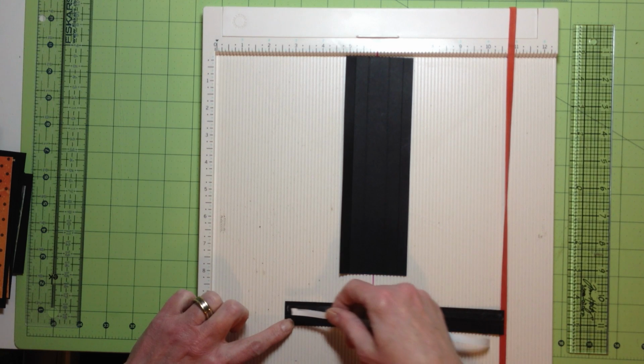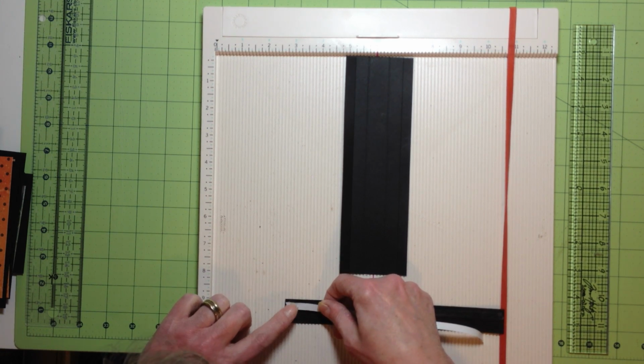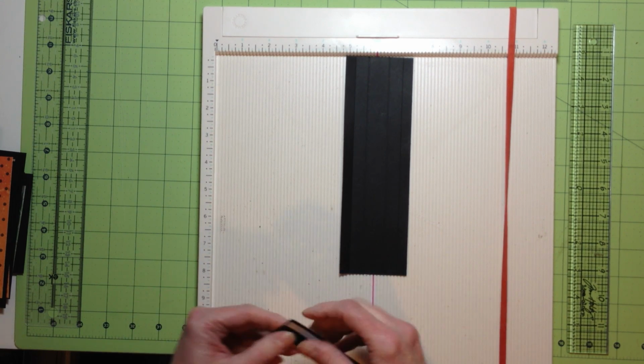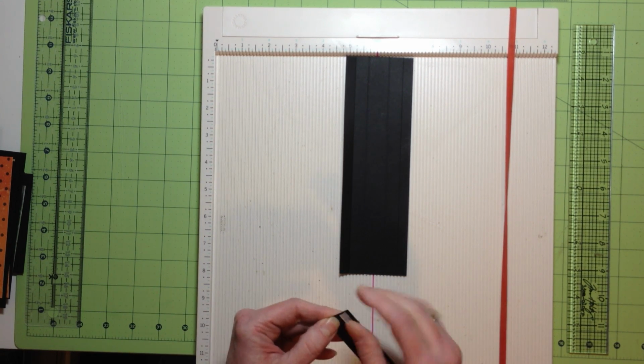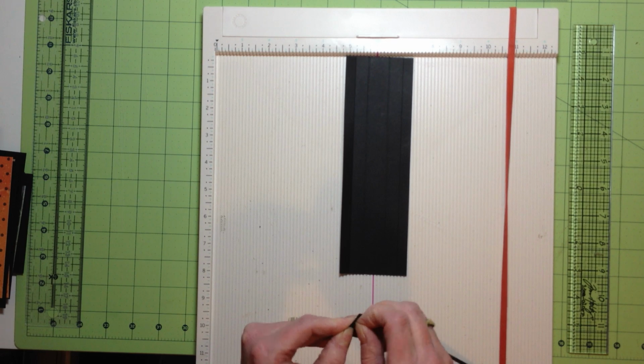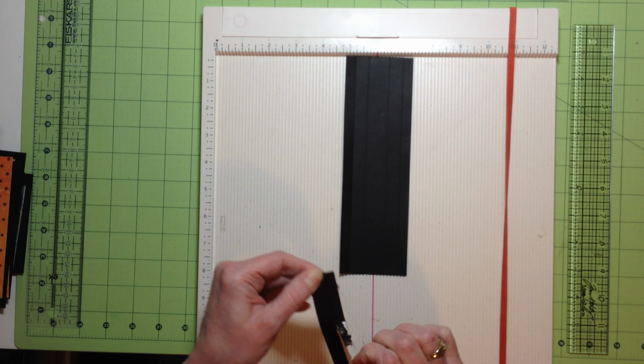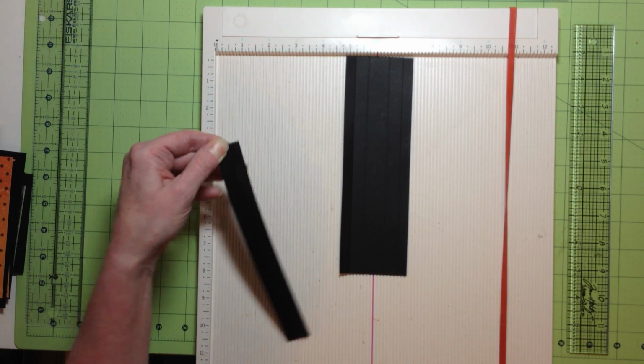Wow, yes, guess what I did, guys? I totally put the score tape on the wrong side. So there you go, live TV, right? So the beauty of this is that it's going to be covered up, and if I can take it off, it's going to be